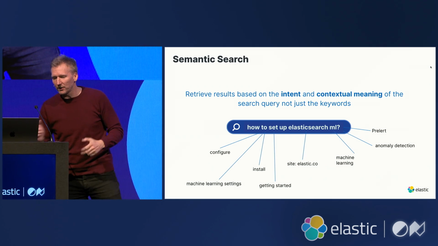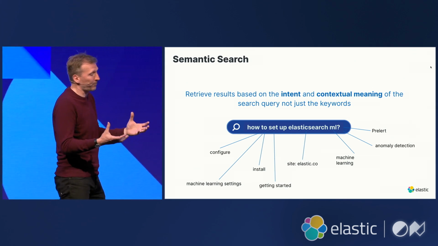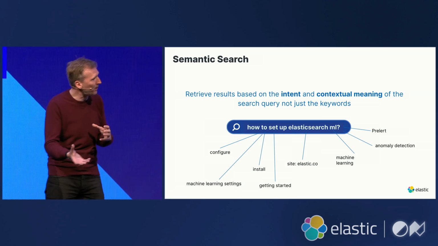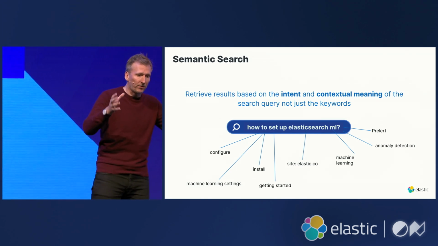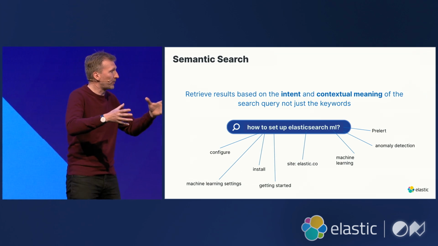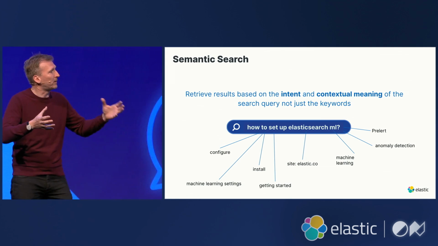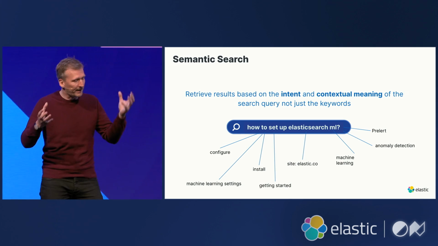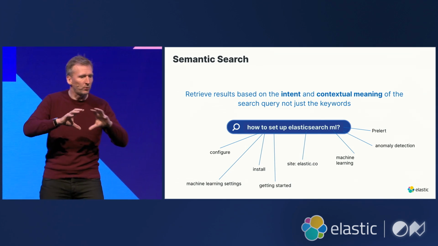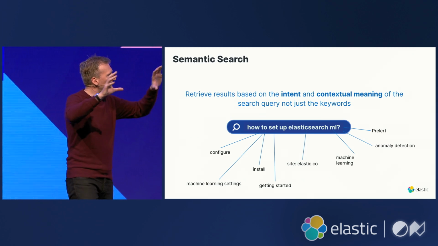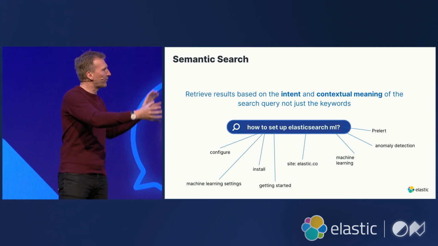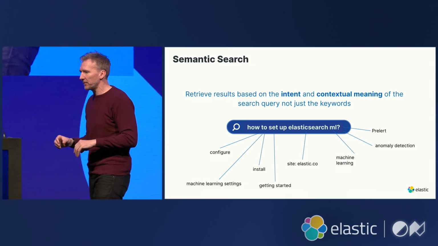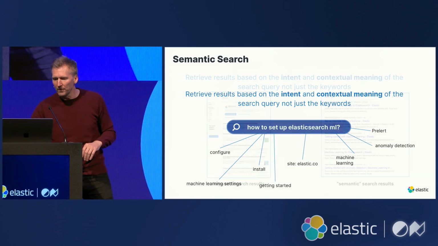If I look at the different things that involves, that potentially involves understanding how I configure Elasticsearch ML, how I install it, how I get started with it. The context is probably the documents on the elastic.co website. ML is a synonym for machine learning, and that technology, Elasticsearch ML, originally came from pre-alert and anomaly detection and so on. So ideally, you want a search space that encompasses a lot of that context when you're searching for that particular thing. So let's have a look at